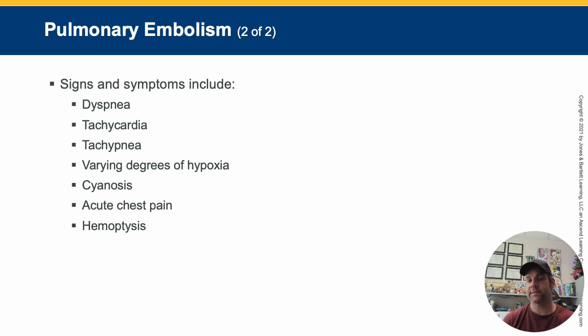Another potential symptom is hemoptysis, which is just coughing up blood. This really occurs if the lung tissue starts to infarct, so the lung tissue starts to die due to the lack of circulation. Now, a PE really is one of the few medical emergencies that can mimic the sudden collapse